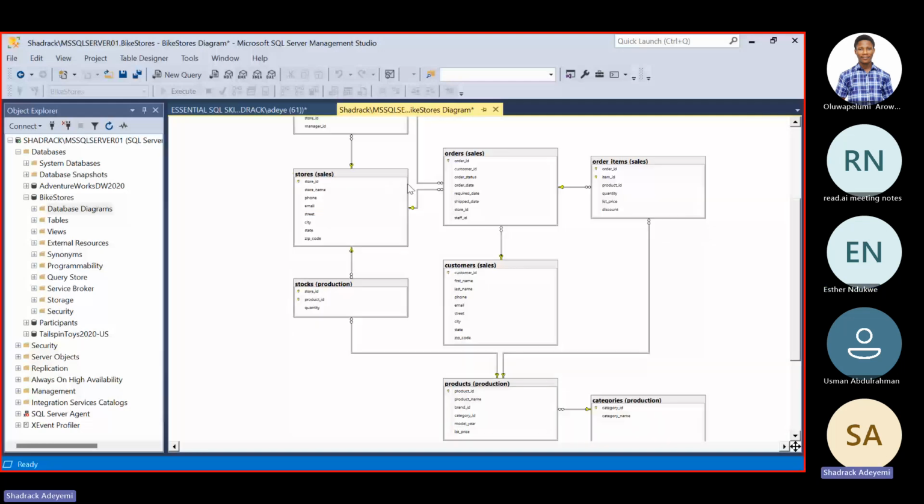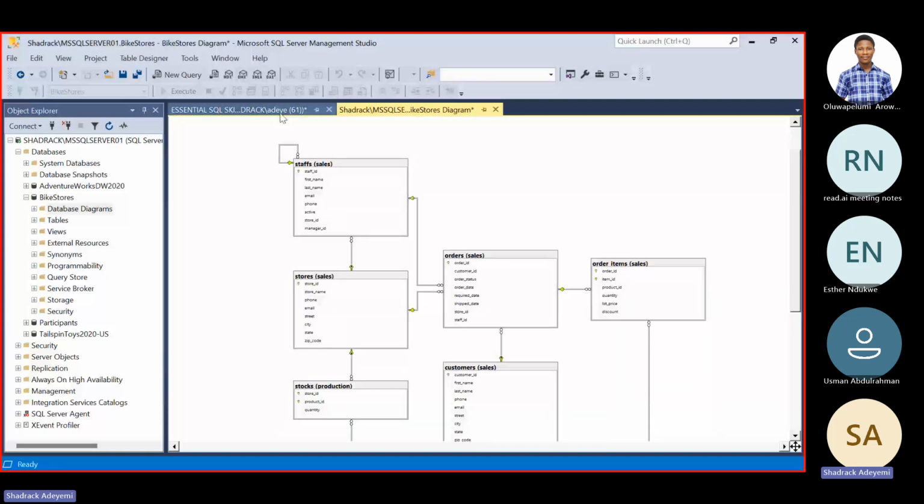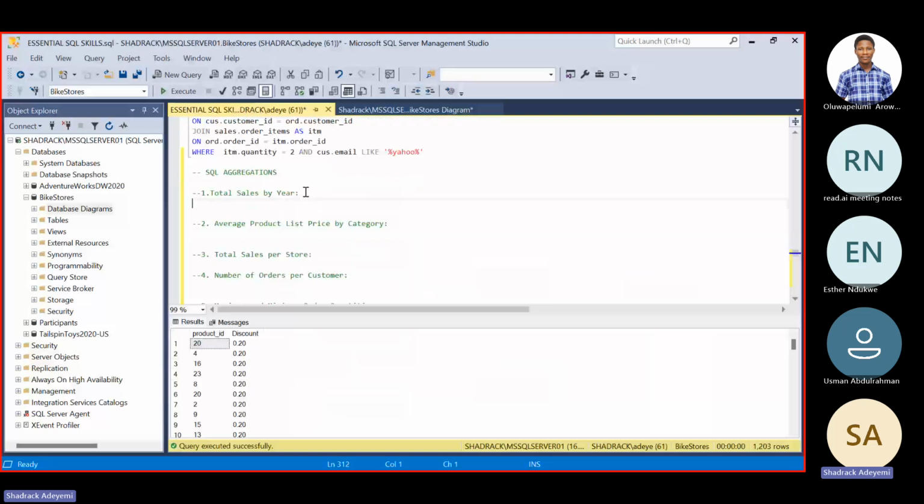So like I said, if you don't know how we got this schema diagram, you can refer to the other video where I did a quick show of that. Now let's try to answer some business questions, because I created quite a lot of questions, which we should finish up in no time, or before our time elapses.